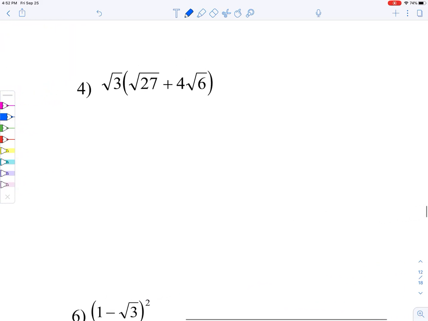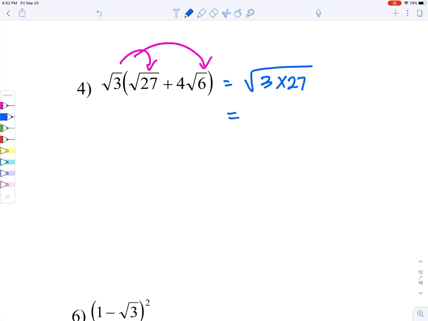Question 4, distributing root 3 onto both of these. So I get the square root of 3 times 27, which gives me the square root of 81. Oh, that's nice. It's just 9. Plus